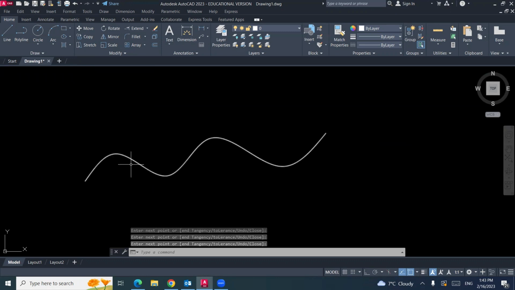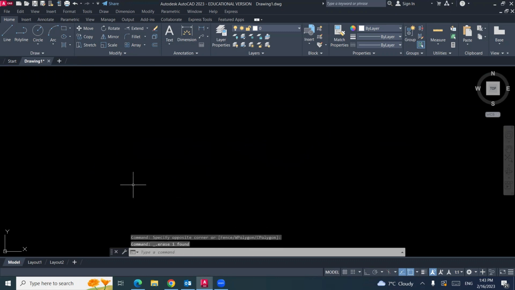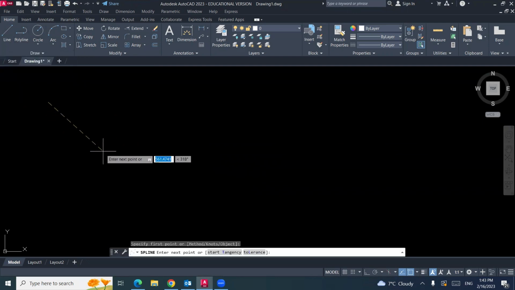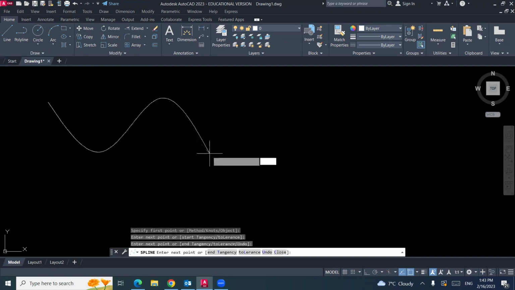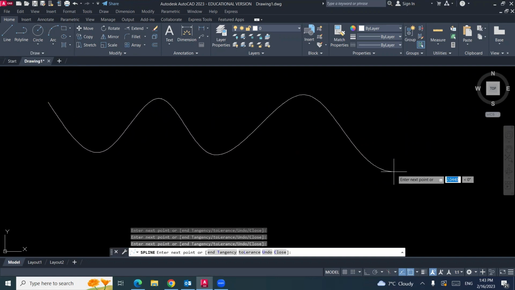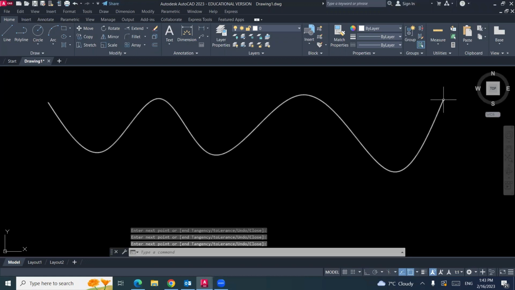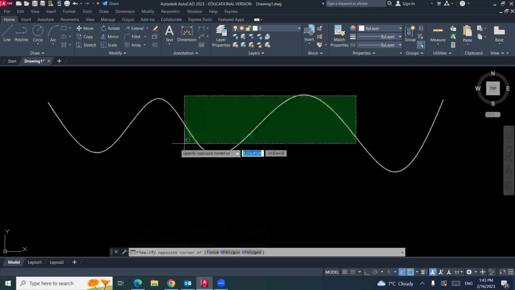You are connecting between points with a curve. One more time, Draw, this little icon. Just click at any point, click here, click here, click here, then enter. You are connecting these points where you clicked with a curve.